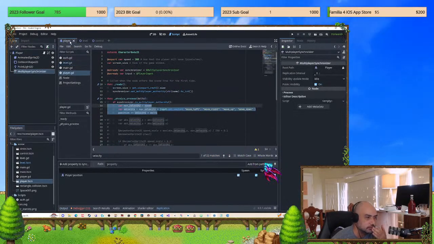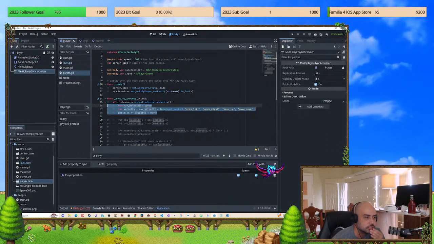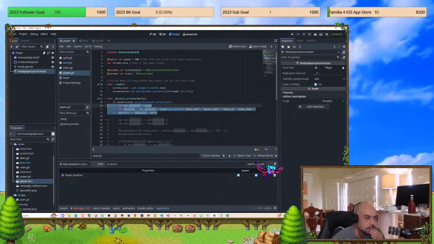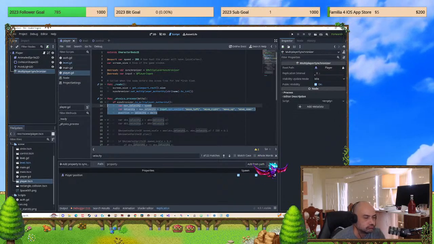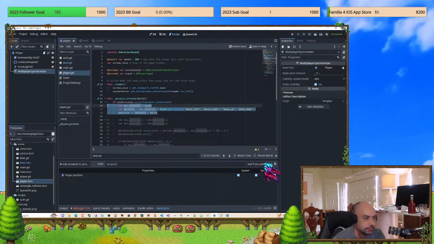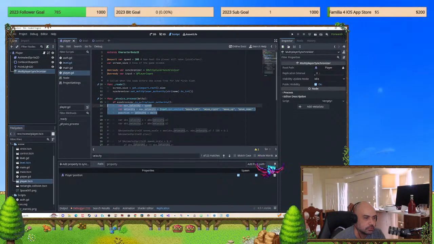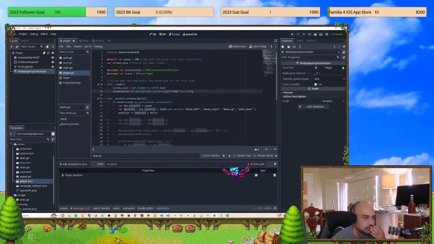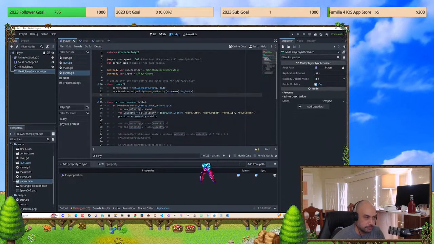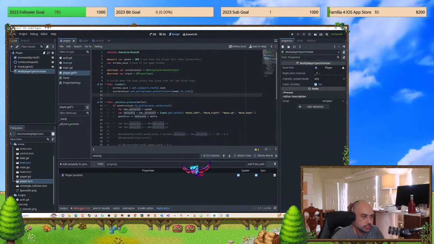Is there anything over here that is making them synchronize? Maybe perhaps they are both the same. Maybe the name is the same. So we're going to go